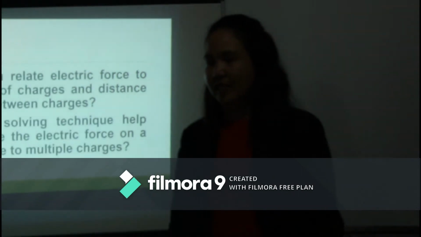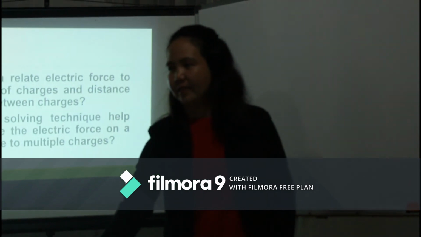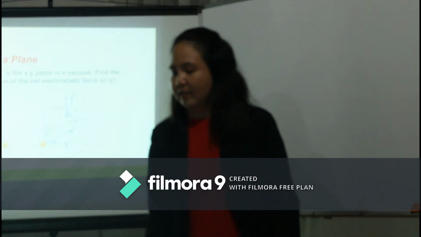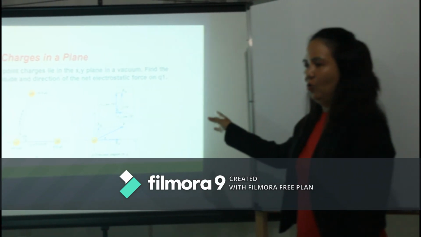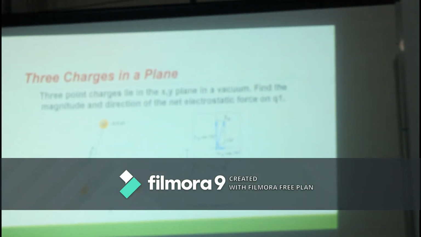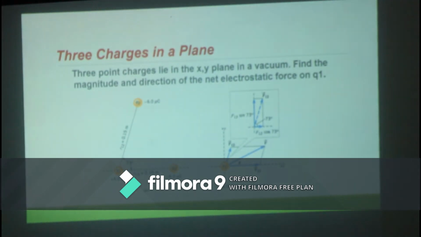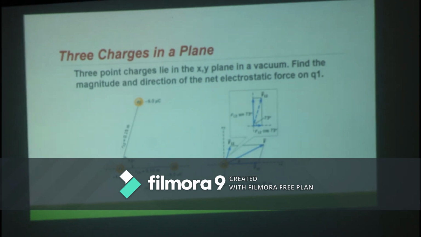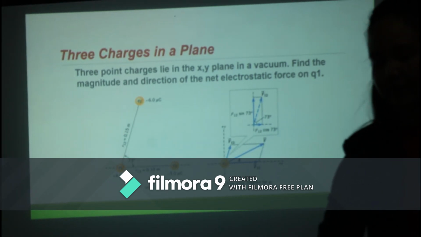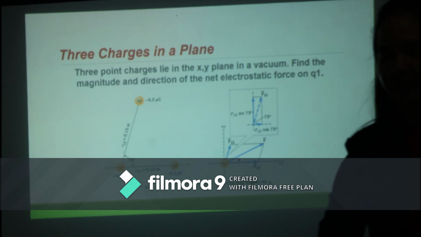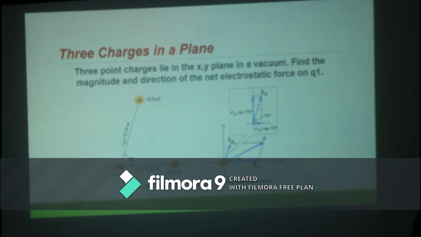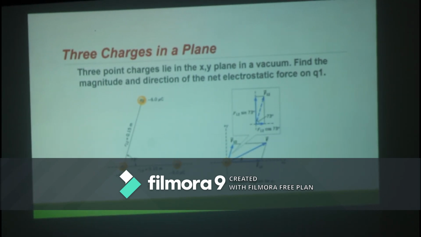Do you want to have a challenge? I know you can do this. In the problem presented here, you will apply Coulomb's law, the principle of superposition of forces, and the component method in resolving force vectors. So there are 3 point charges that lie in the xy plane in a vacuum. Now find the magnitude and direction of the net electrostatic force on charge number